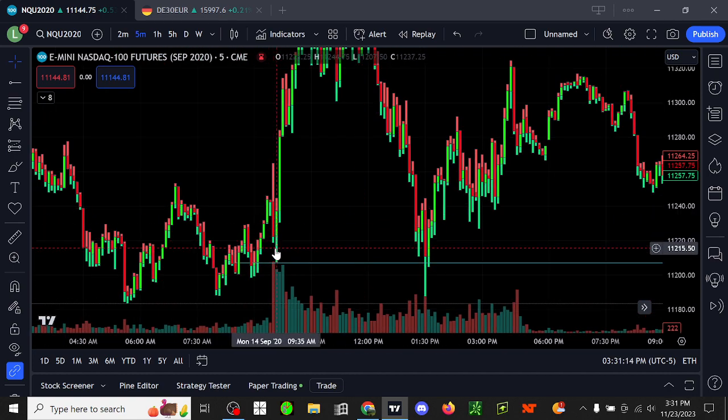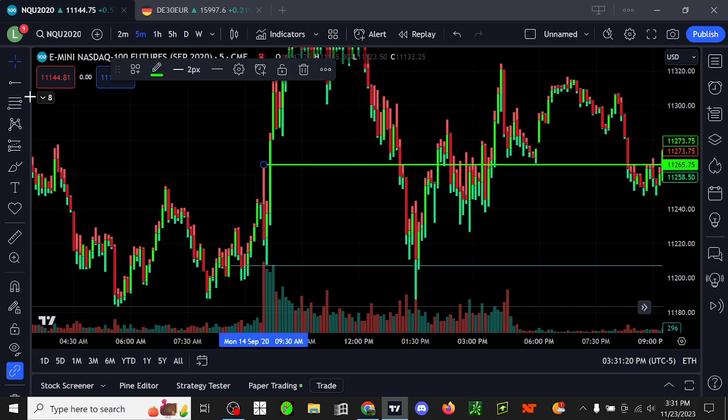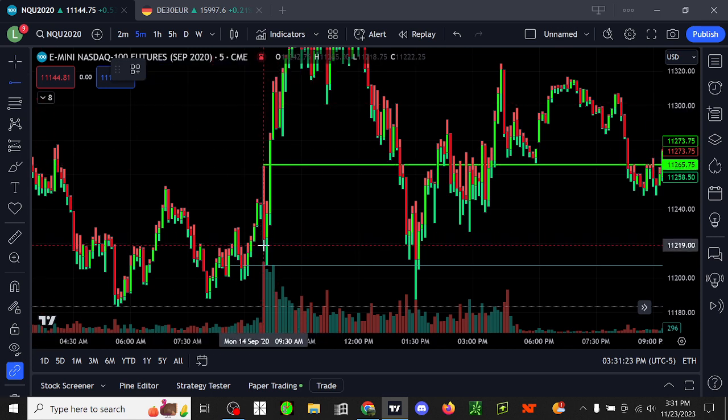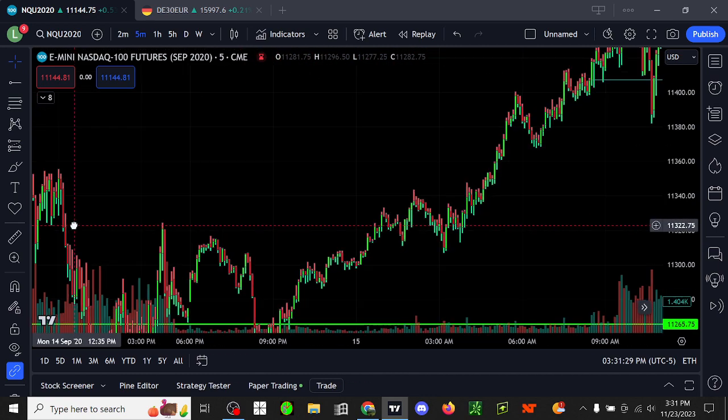Let's see. I'm guessing this is the 930 candle. Once you get used to it, it'll be pretty easy to spot, by the way. Okay, so 930 candle, pretty wide range on it, but it is what it is. Can't complain. You take what it gives you. Boom. Gaps away. You miss this part of the trade. That's okay. Look at what it does.